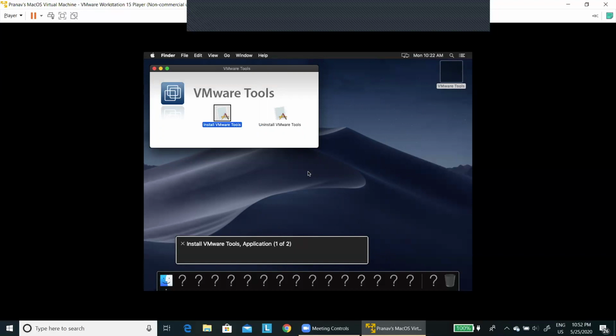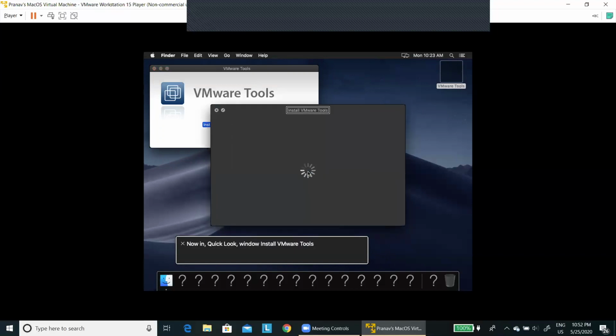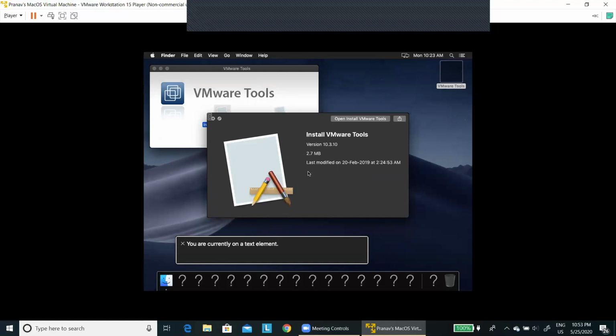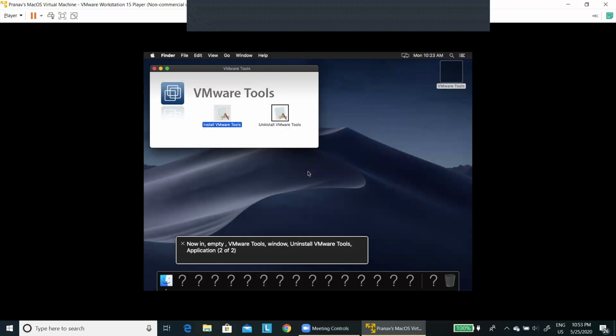To interact with items in this group. Install VMware Tools application 1 of 2. Now in Quick Look window. Install VMware Tools. You are currently on a text element. Lag. Share file button. Preview image. It took a few attempts at this, but when you get it done, it's just a